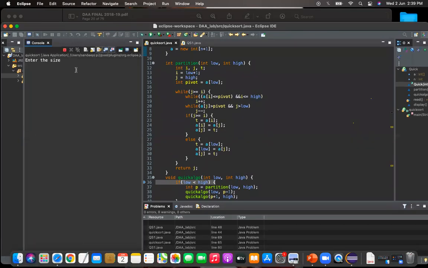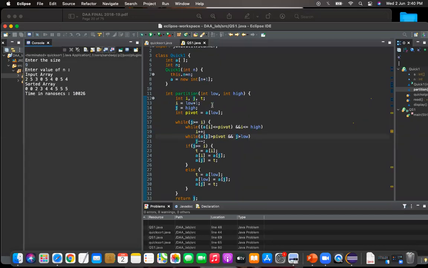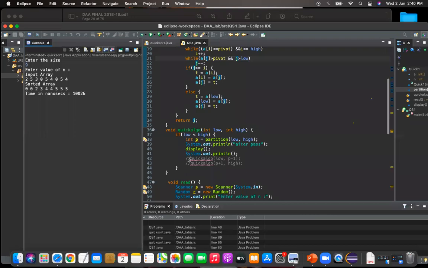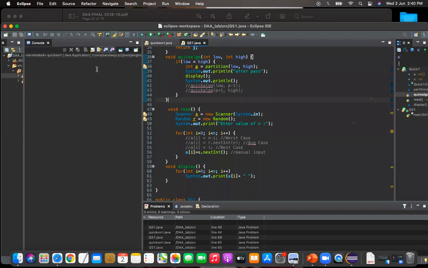It is asking for the size of the elements.